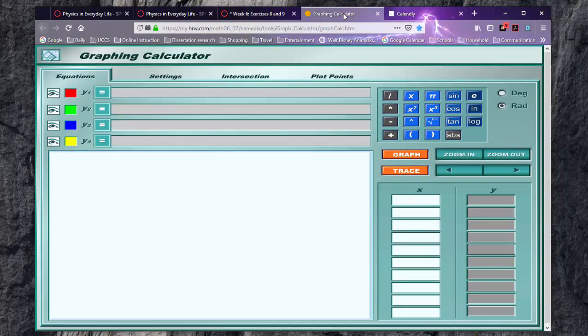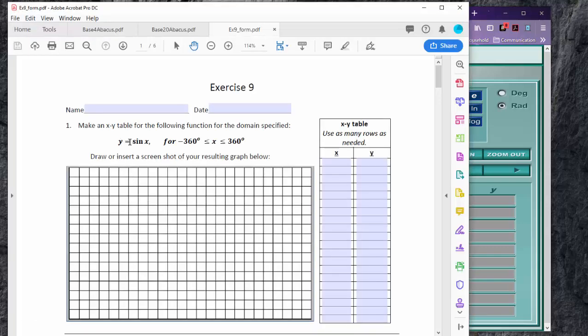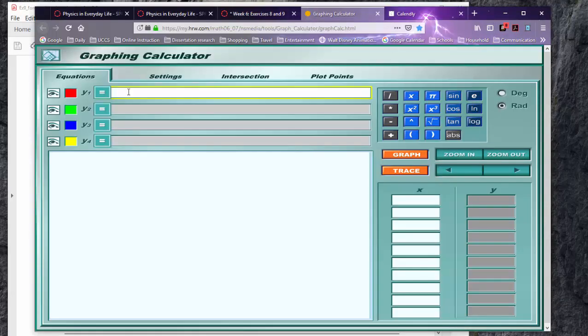Let's go to the graphing calculator, and we need to figure out what graph to make first. So let's bring back up the assignment. I need to graph y equals sine x. So let me come over here. I just type in here sine of x. There's also a sine button over here. For the sine button particularly, and for the cosine and tangent, you need to be in degree mode. It doesn't matter for any other function, but sine, cosine, and tangent, and their inverses need to be in degree